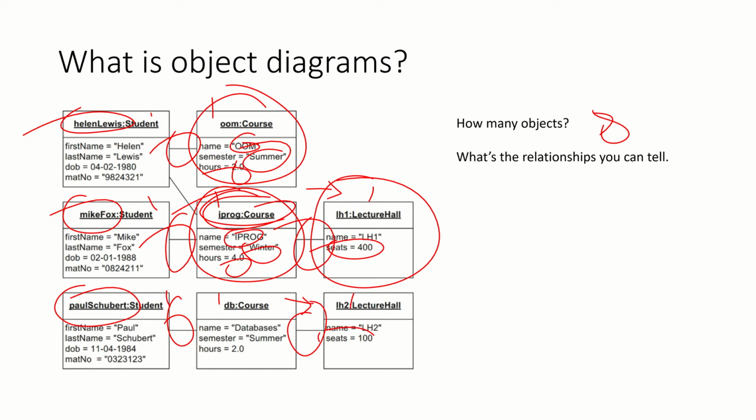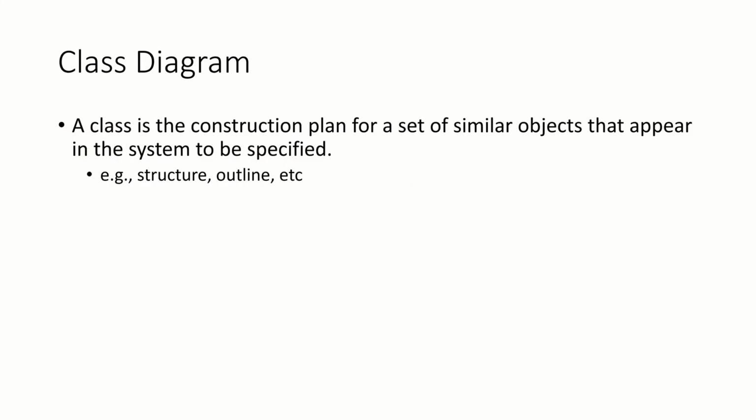Okay. After we know what an object diagram is, we need to know the difference between an object diagram and a class diagram. So a class is a structure, a construction plan for a set of similar objects that appear in the system to be specified. Okay, it's a very long definition, but if you understand the class diagram is the structure, the outline for the entire